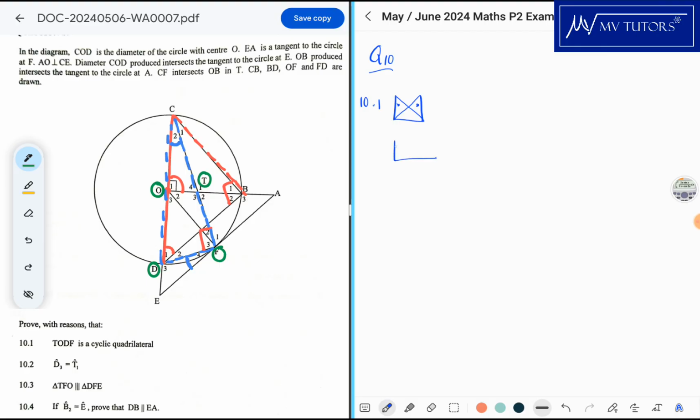Number 2, you can say the external angle of a cyclic quad is equal to the interior opposite angle. Or you could say that opposite angles are supplementary. Those are the 3 options. So the first option, if I look at TODF, I can't really use it. Oh, I can. If I can show that